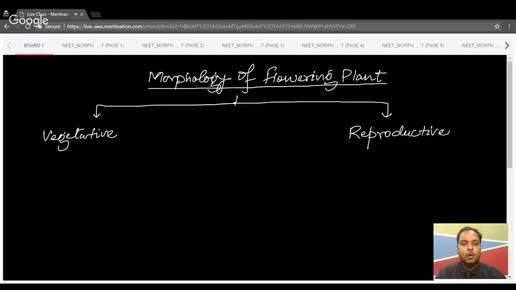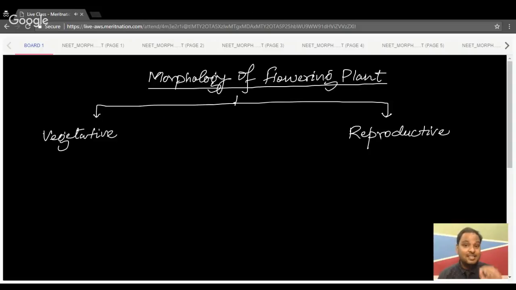So vegetative: those parts of the plant which do not help in reproduction. That's a negative definition. If you want to understand, we also have somatic cells, all the body cells that we have in a particular organism, in this case a human. Apart from those cells which take part in reproduction, the rest of them are called somatic cells. In the same way, all those structures in the plant which do not participate in reproduction,